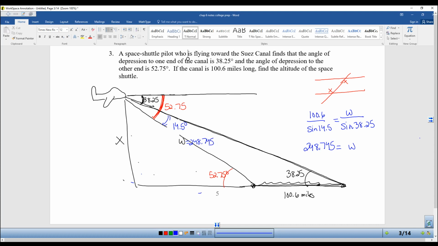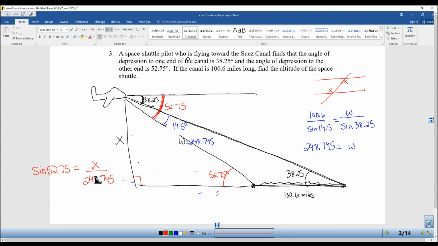248.745. Now can you see how to find x? Hopefully you're doing it on your own, but this is a right triangle because altitude is straight up, and now I can just use a regular trig function. Same as last time. Sine of 52.75 is opposite over hypotenuse,